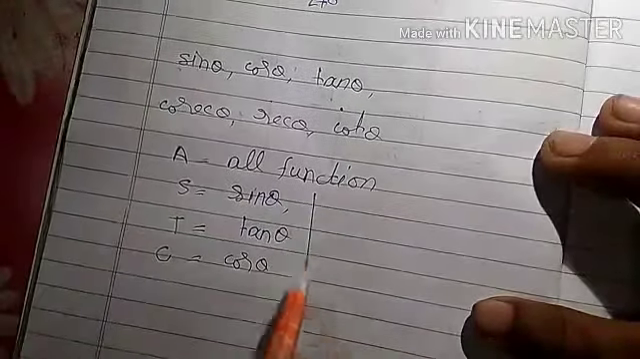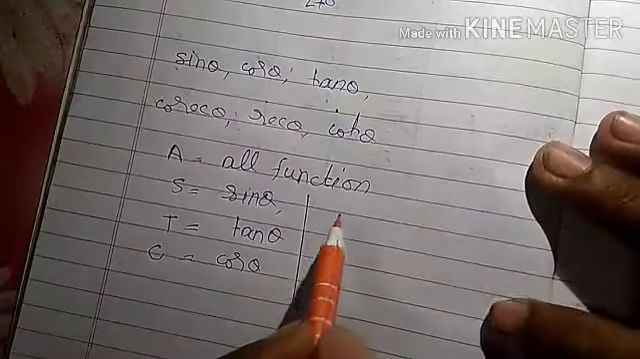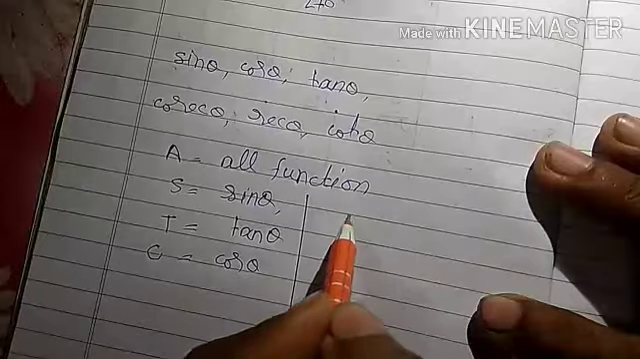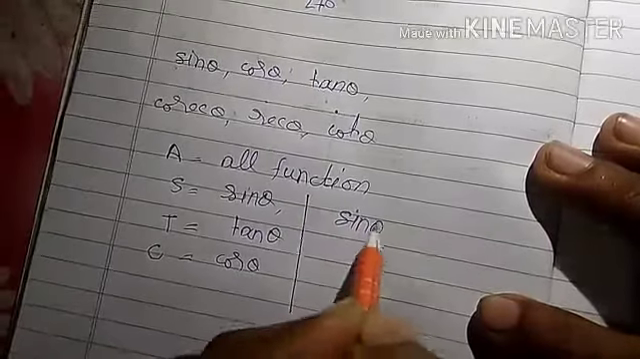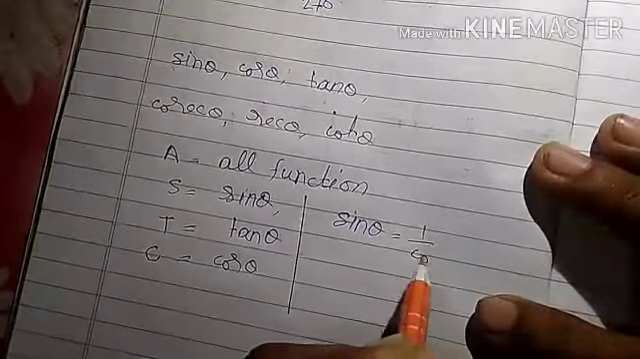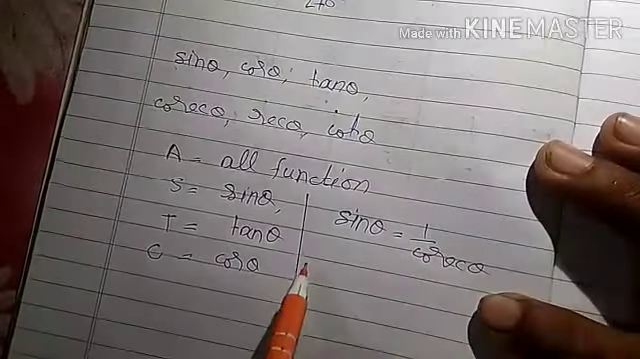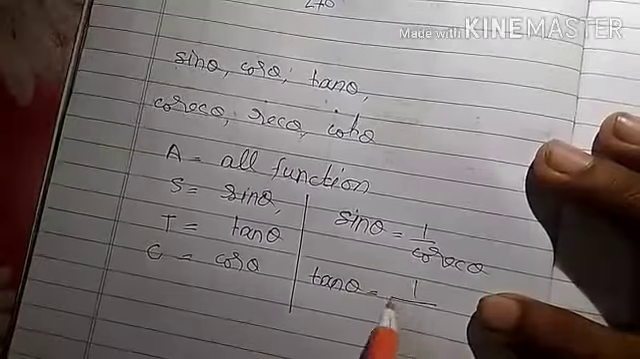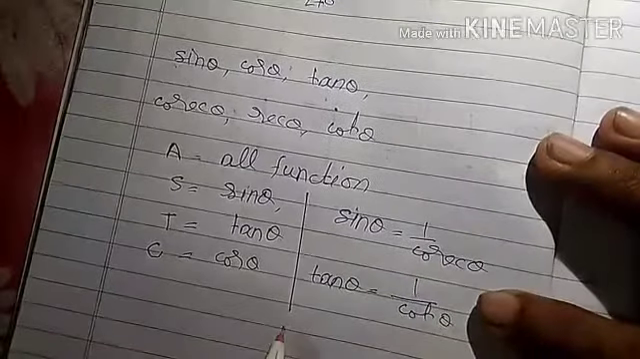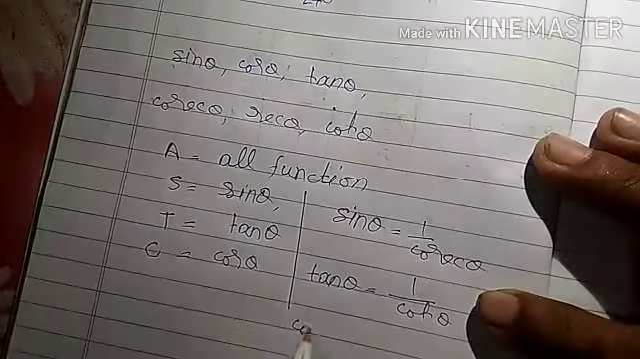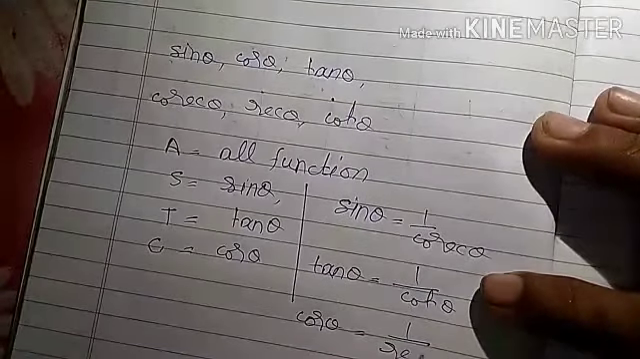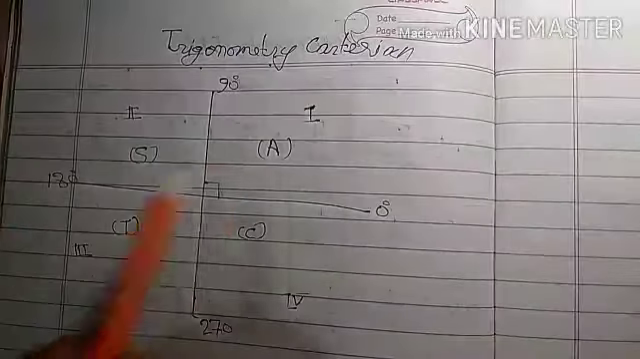We know that the reverse of sine theta is cosec theta, that is sine theta is equal to 1 by cosec theta, and tan theta is equal to 1 by cot theta, and cos theta is equal to 1 by sec theta. So by this trick, that is